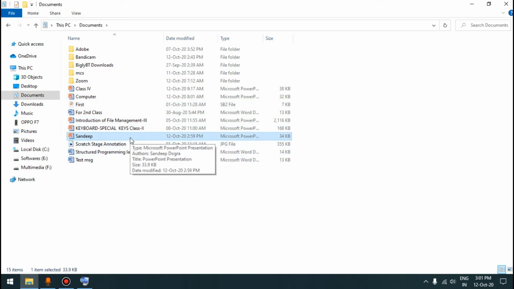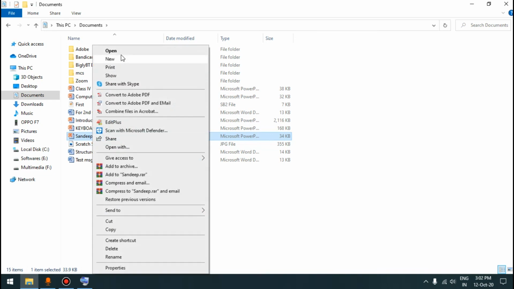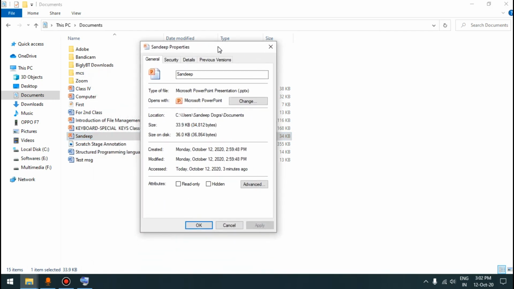Now every file in a computer has an extension. How do we view that extension? By clicking on this file once with the left mouse button, I have selected this file. You can see a blue color around it, so this means the file is selected. Now I will right click over it with the right mouse button, and this shortcut menu will appear. From here I will select Properties, the last option. A Properties window will appear on the screen.